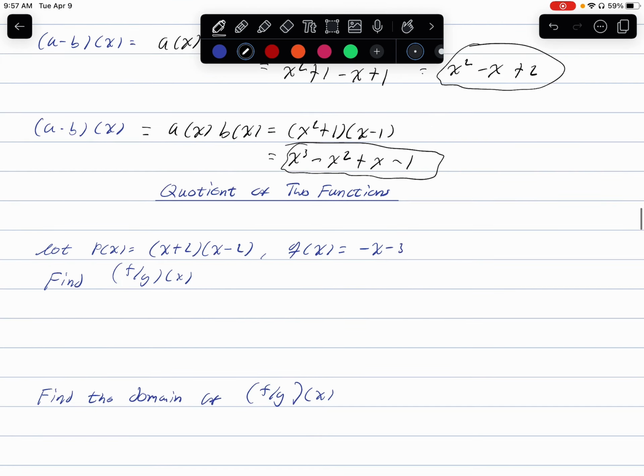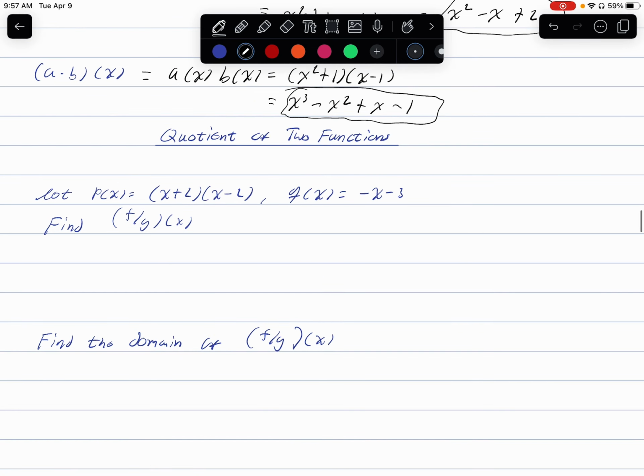Okay, now let's take a look at the quotient of two functions. I mentioned that if we divide two functions, we have to be a little careful with the domain. That's really all that you have to be careful about here. So if we have p of x is equal to x plus 2 times x minus 2, and q of x is equal to negative x minus 3, we want to find